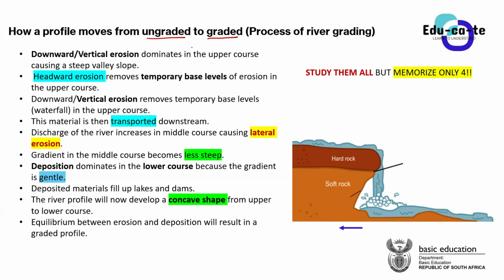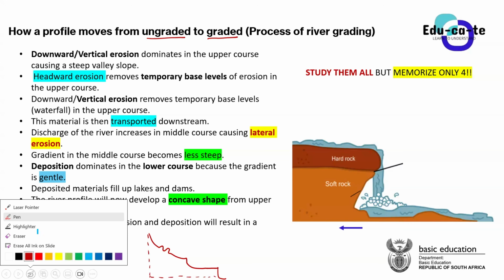All right. So you need to mention first that if you are having an ungraded profile, let me draw an ungraded river profile one more time. An ungraded river profile has some nick points. It has sharp changes in gradient. It has obstructions. Let me say here we've got some rapids, and then here we've got a nick point, and then the river continues until we get into the sea. Let me say this is my river profile. I don't know if this is that visible, but I'll try my best to draw it.